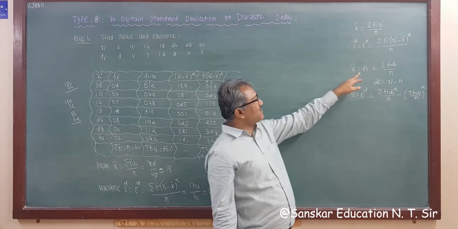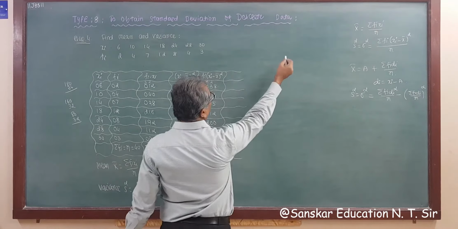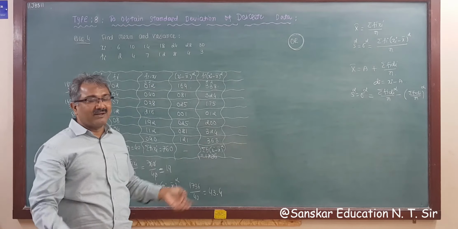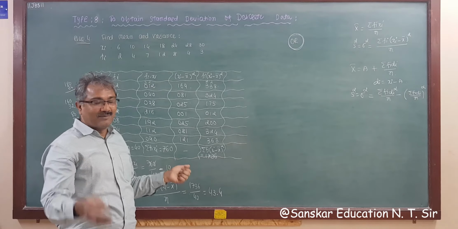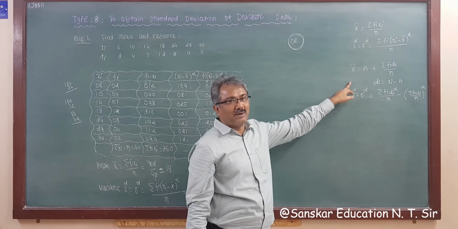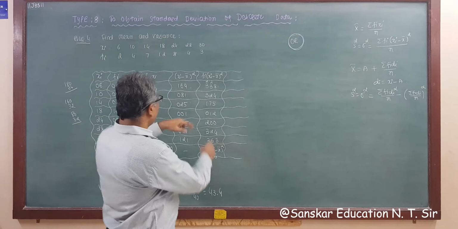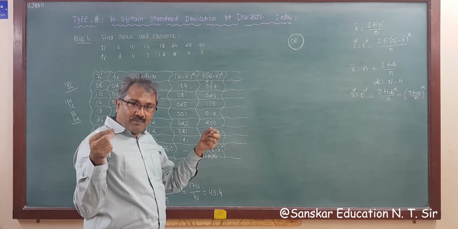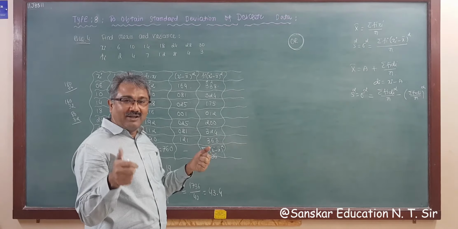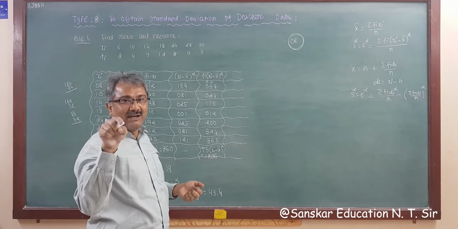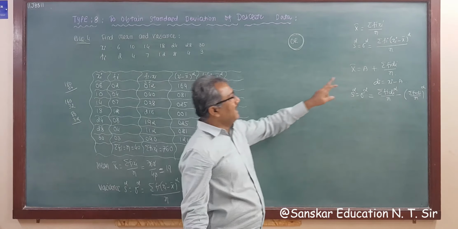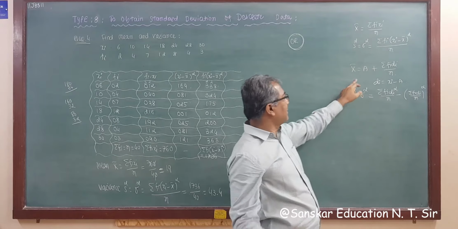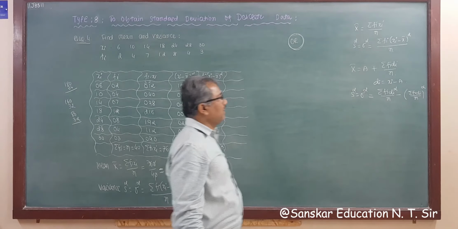Because we are going to apply the shortcut method. This is our second method. You can apply whatever is convenient for you. But I suggest this shortcut method always, because the multiplications in the first method involve very large numbers and you cannot multiply them orally; you need the calculator's help. In this method you can multiply independently without a calculator. So I will suggest this method always.